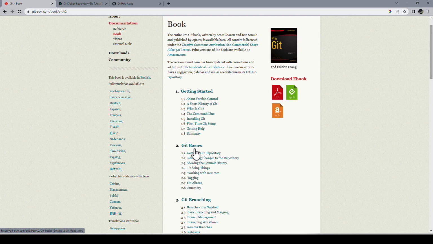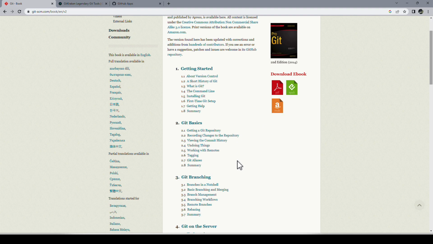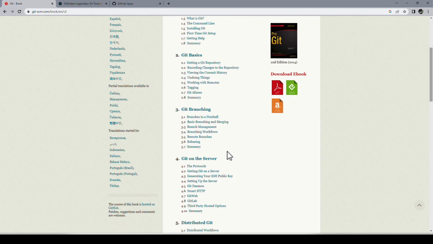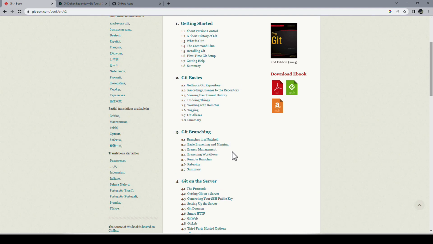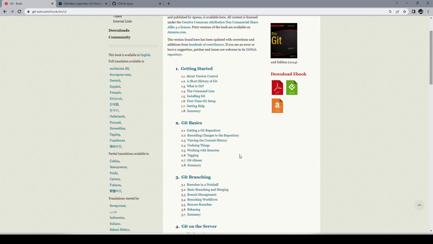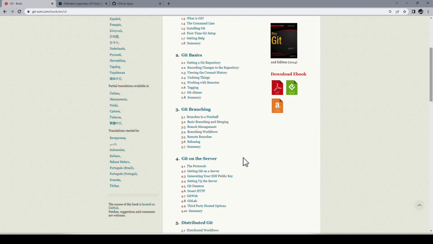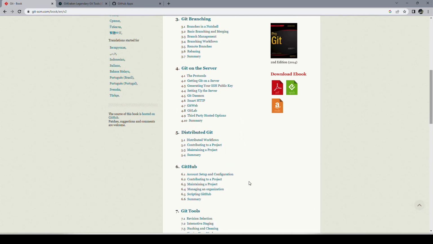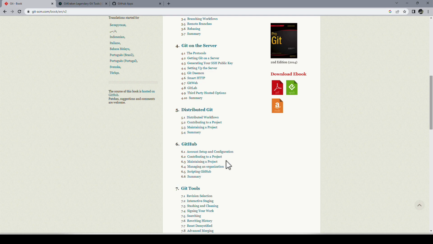Git Basics is literally, these two are literally one workday, more or less. You can download this as PDF, as you can see right there. And then the branching is, I would say, yet another day, if you really go through it with a fine comb and look at all the different implications, what's going on. And then chapter 4 shows you how to use GitHub, GitLab, and all those different systems. And here's GitHub, a big chapter.